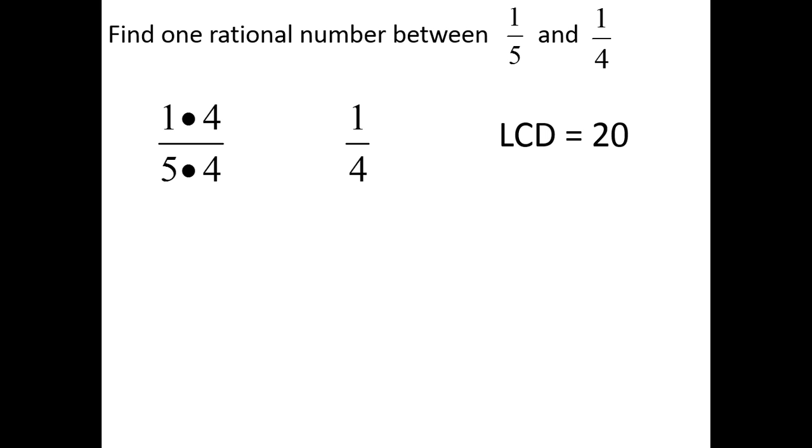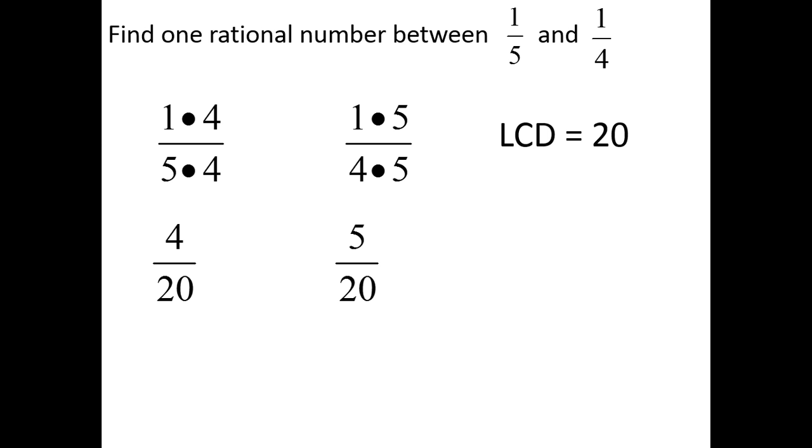If two fractions are not equal, then we can certainly find something in between them. We can find another rational number in between them. So let's see if we can do that with 1/5 and 1/4. The problem again is that the denominators aren't the same on these fractions. The pieces aren't the same size. So let's rewrite the two fractions so that they have a common denominator. The least common denominator is 20. So if we rewrite the first fraction as 4/20 and the second fraction as 5/20,